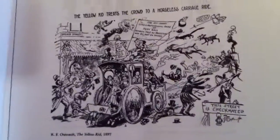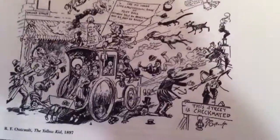But first, the next page of the Encyclopedia of Comics. The pages that we saw before were a general introduction. The next dozen or so pages are a chronology of the first 100 years of newspaper comics. And so here we have a black and white example of the Yellow Kid from 1897. Now this is very difficult to read. I'm sure the original was much larger,